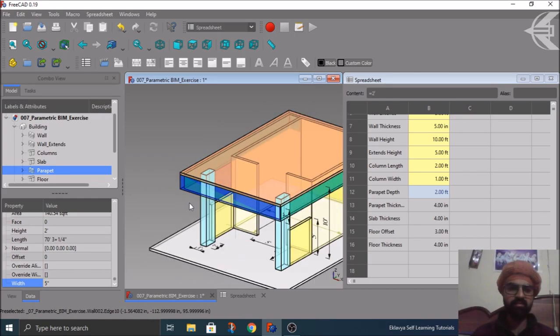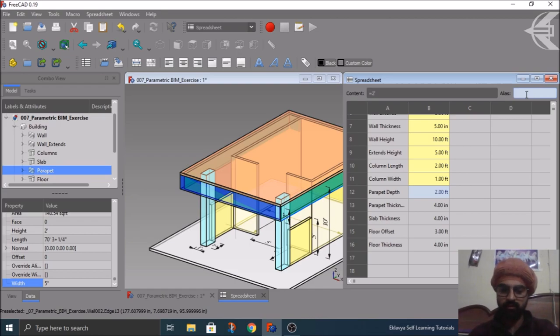Let's assign all alias at once now only. So parapet depth you can give as PAR, parapet D, capital D, enter. And moving for parapet thickness, oh sorry, we'll click on alias, parapet, capital T. Okay,